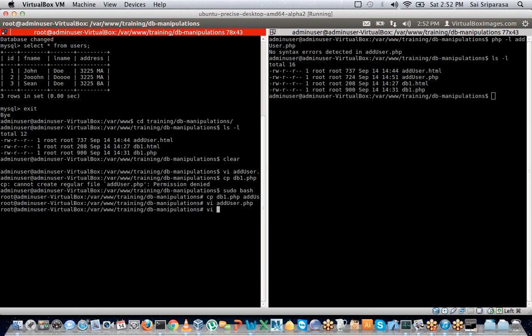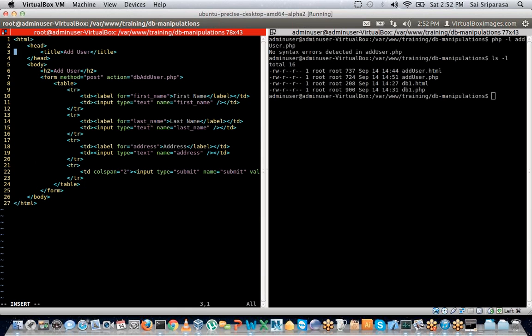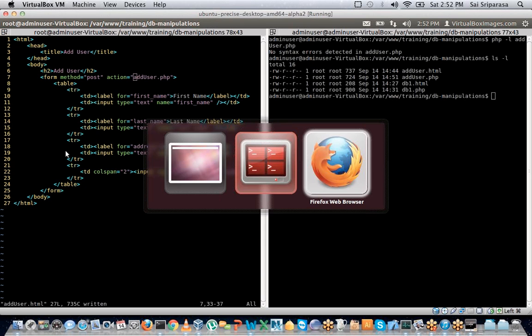Oh, so it's just add user. Okay, let's actually go in and say add user.html. Let's rename it to the right file. Add. Okay,